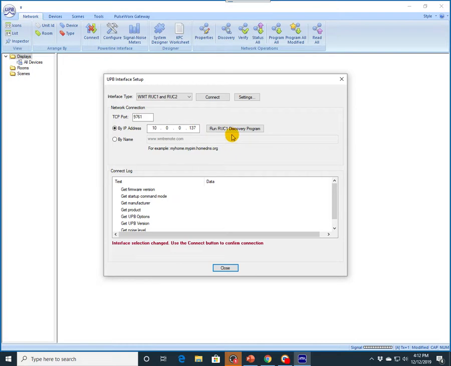Notice this button right here, Run RUC1 Discovery Program. That only works with the original RUC1 unit. It does not work with the RUC2. Don't try to use this button with the RUC2 unit. Okay, once we've got all of that done and we've got it configured, go ahead and click on the Connect